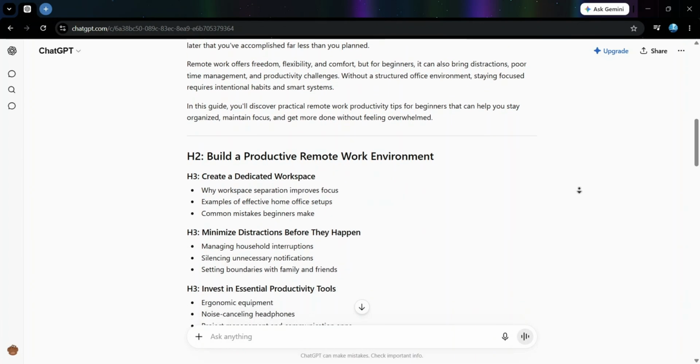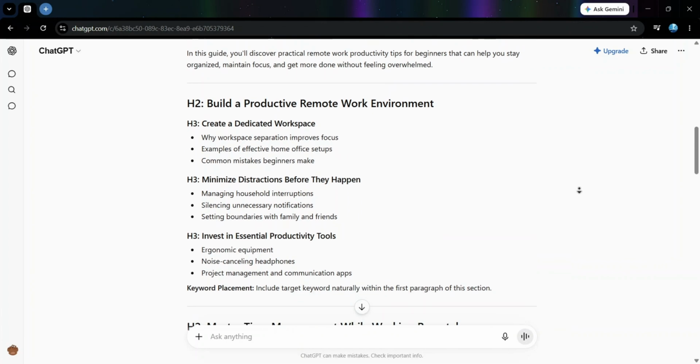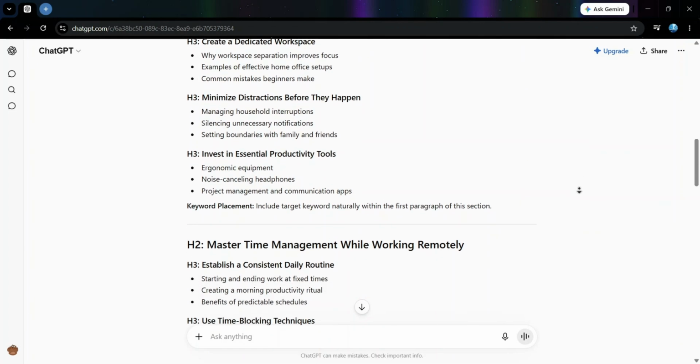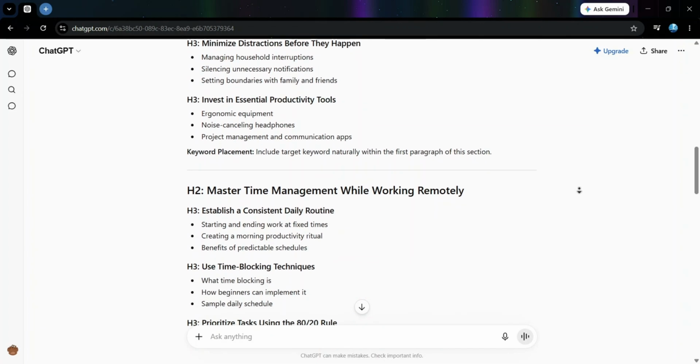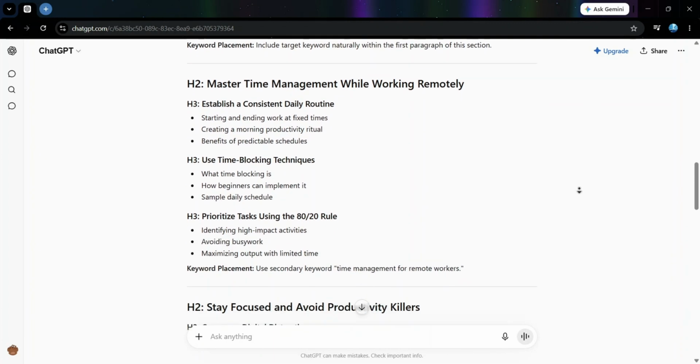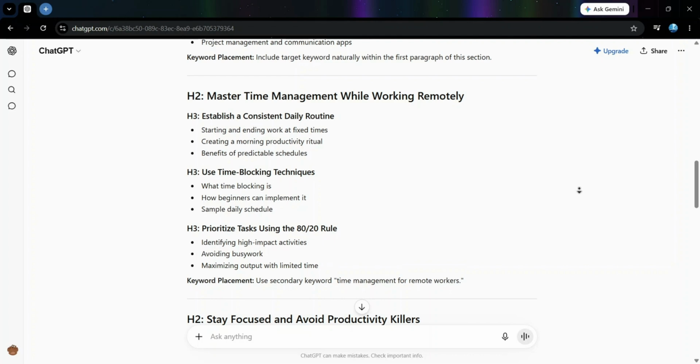Build a productive remote work environment, along with its specific H3 subheadings for creating a dedicated workspace, minimizing distractions, and investing in tools. It moves on to generate H2 master time management while working remotely, detailing subheadings for schedules, time